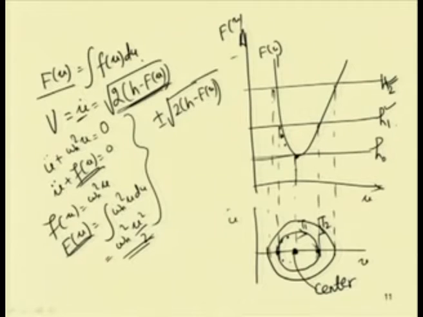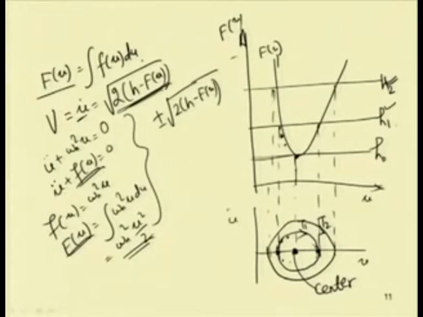of the system, by integrating this small f(u) du, and after getting this capital F(u), for a particular value of h we can find this V. So, after getting this V, by taking different levels of total energy, we can find the flow of the system, that is, what will be the velocity of the system at a particular instant. For example, in this case, corresponding to this point we have 0 velocity, but after that we have two velocities, as F(u) is less than h.